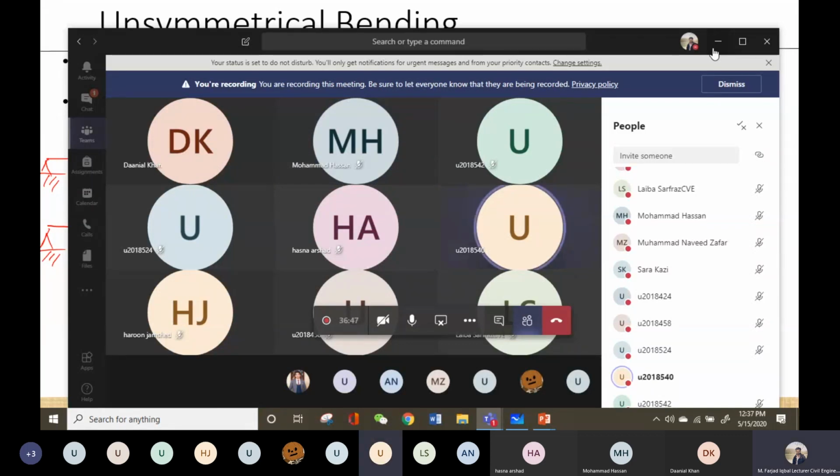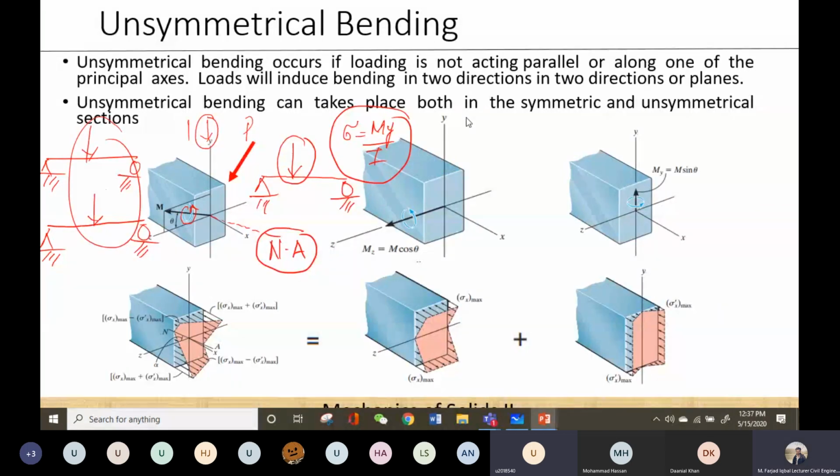Sarah: We cannot. Yes, we cannot apply this formula. Just like I told you in the previous slides, this formula is only valid when the bending is taking place around the principal plane. So for calculation of stresses in case of unsymmetrical bending, we have to resolve this inclined moment, the moment that is acting on an inclined neutral axis,